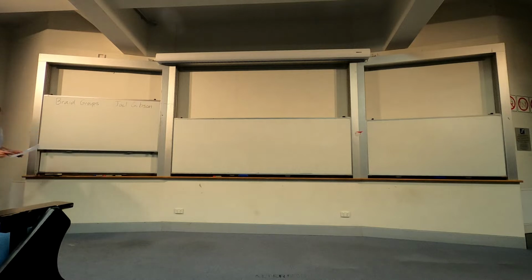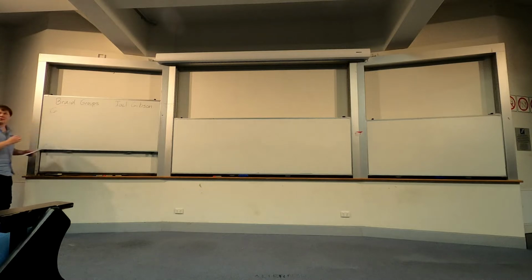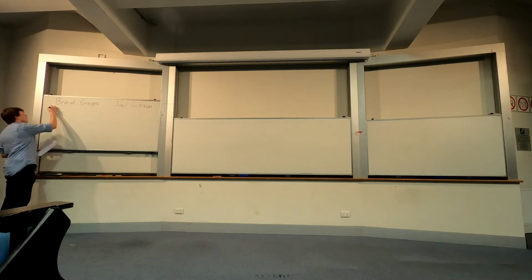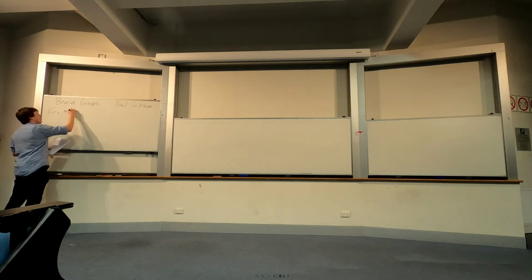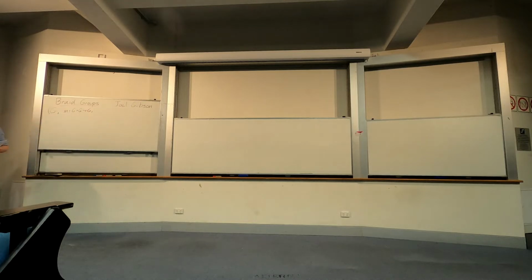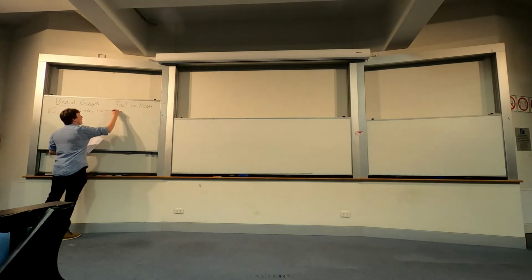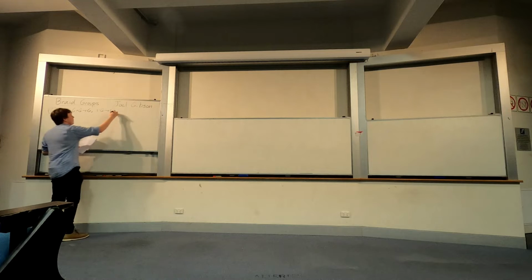So I think in that case, I need to start off by telling you what exactly a group is before I tell you what a braid group is. Right, so a group is a kind of thing that we study in algebra. A group is going to be a set of things, which you normally call G for group. And I want this set to have a multiplication rule that takes two things in my set and gives me another thing in my set. And I also want it to have an inversion rule, which takes a thing in my set and gives me another thing in my set. And I want these rules to satisfy some axioms, which I'm not going to write down,